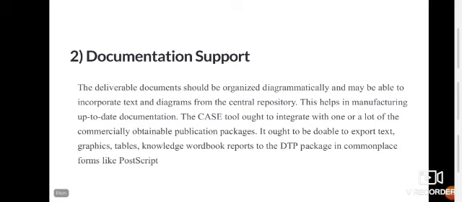That means it provides documentation up to date, so that any outsider will just look. For example, take some people working on one software project. If any new member is added using this CASE tool and this characteristic, documentation support, it just maintains documentation up to date. Whatever we have done the previous day, it just maintains, so that any person can understand what is the work going on, where we are in our work, like that.